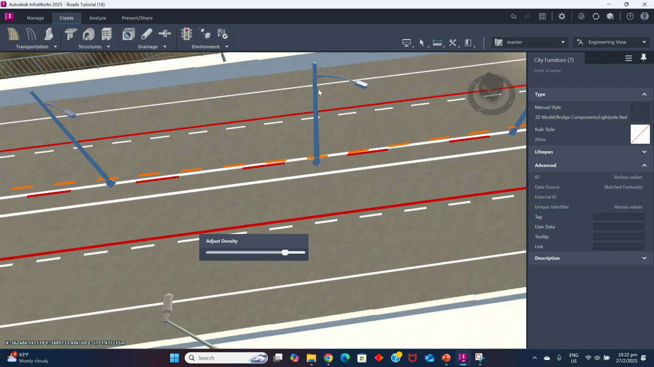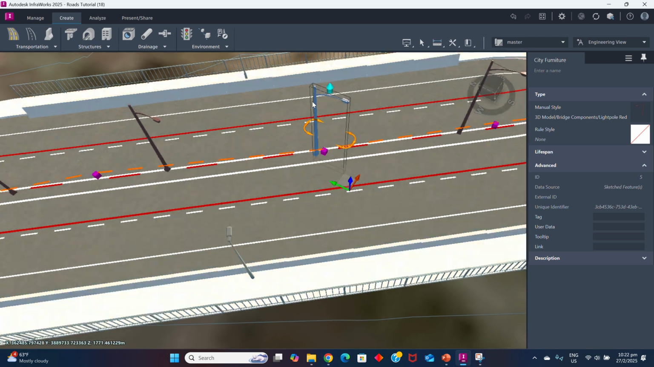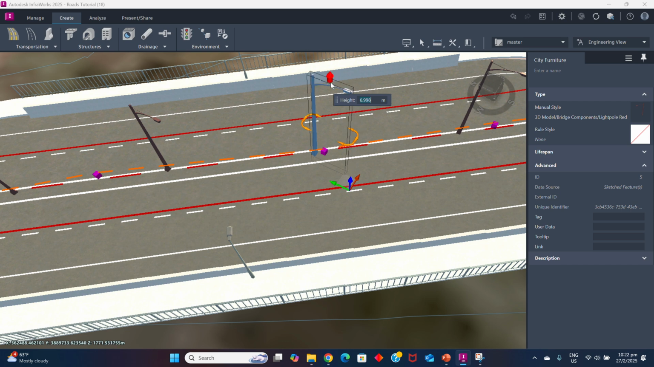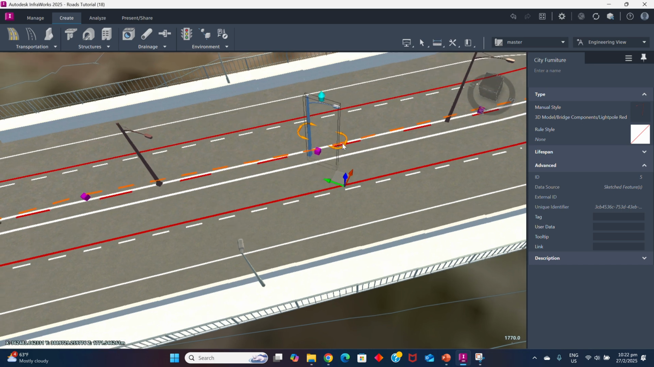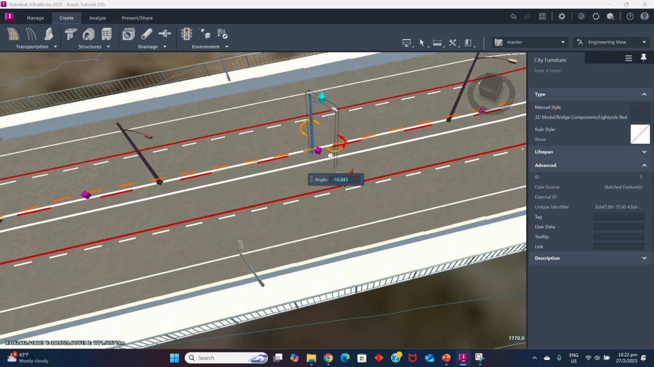You can see this is the additional lighting here. And for example, if you want to select this, you can select other types of lighting as well. If you want to increase the size, you can increase the size. If you want to rotate it, you can just click this and select this. You can rotate as well. So